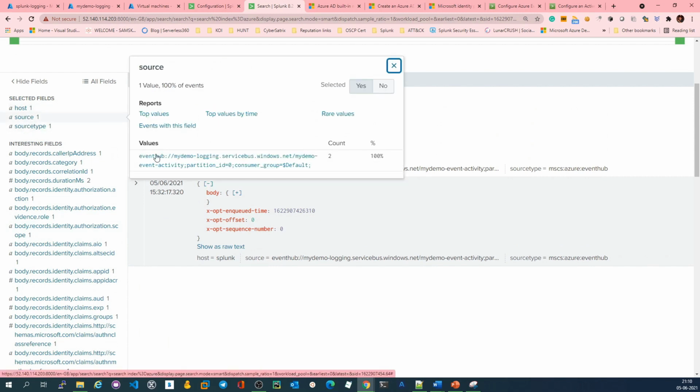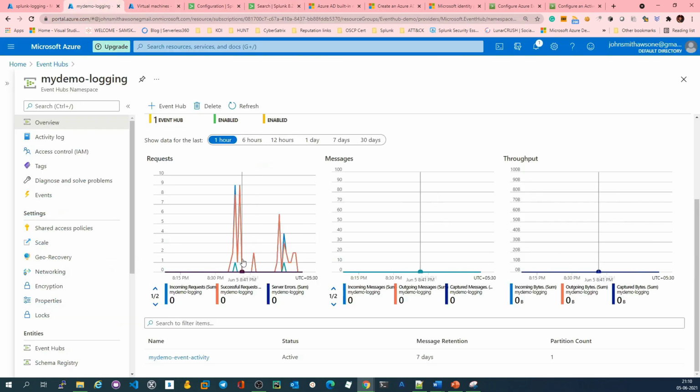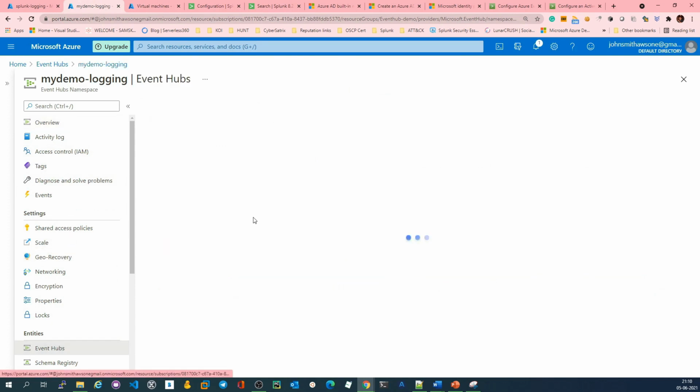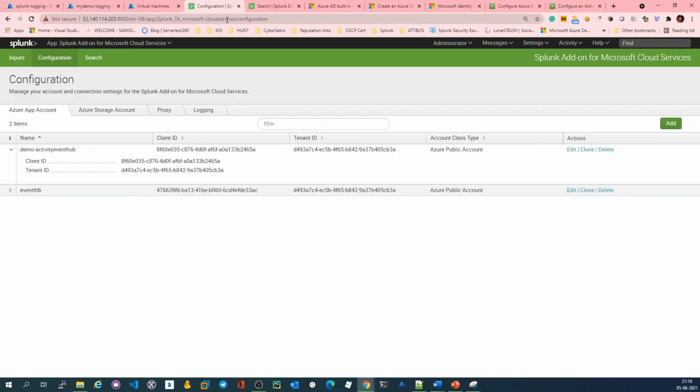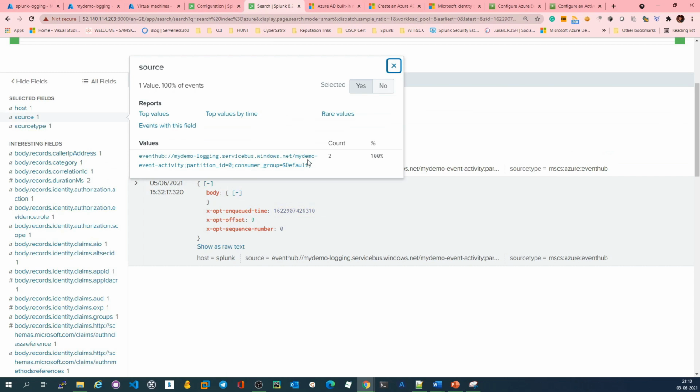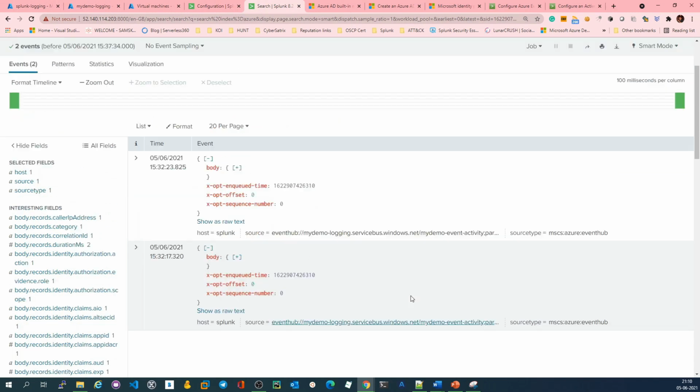I got the host, the source is from my demo-logging service bus.windows.net from the default consumer group, right? Partition ID is 0, and then the event hub name is my demo event activity, right? Just to be sure, we can go to event hubs, and here this is my demo event activity event hub, right? So as you see, I received the log, right?